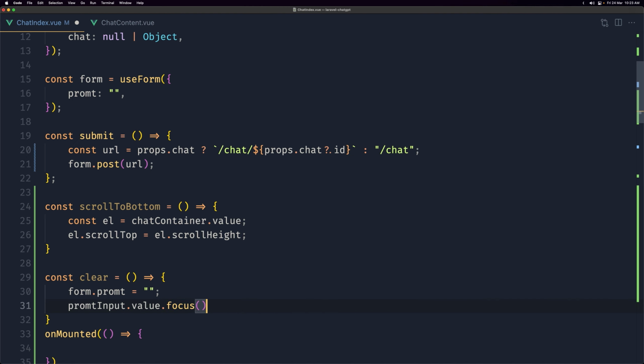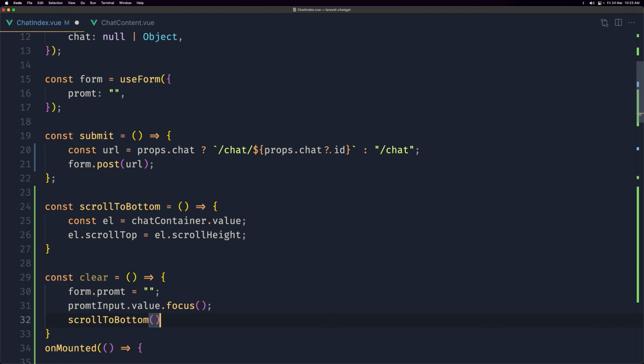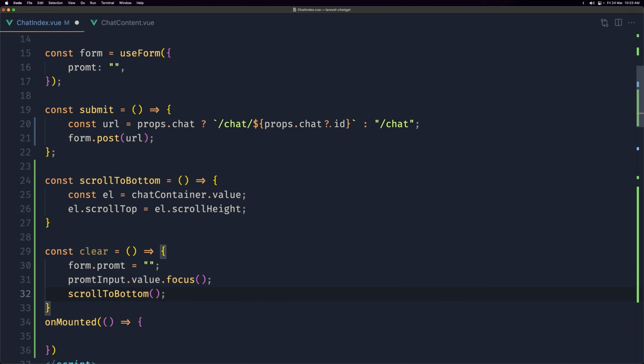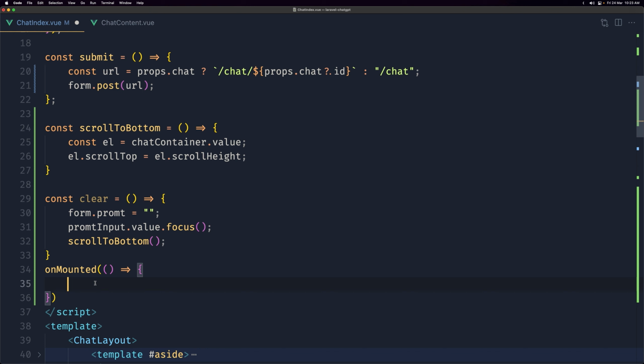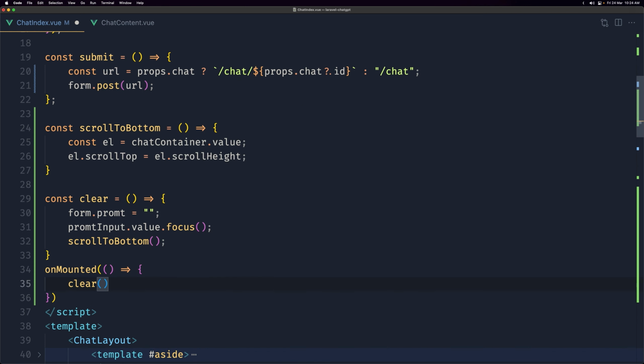I'm going to add a focus to the prompt input value, and then I'm going to call here scroll the bottom, and unmounted, just call this clear now. So let's say clear, and if I save like this and open,